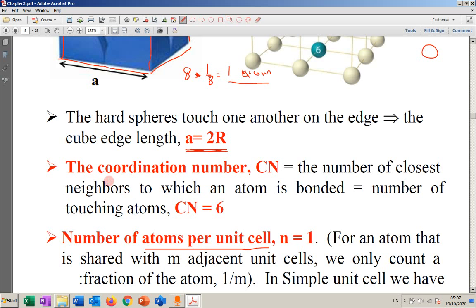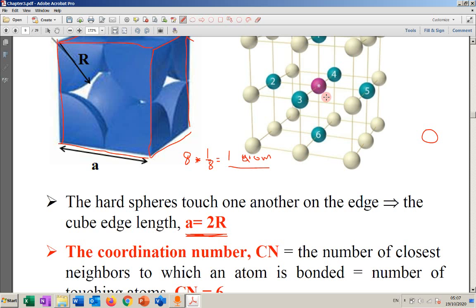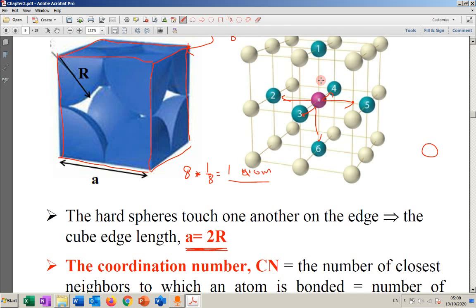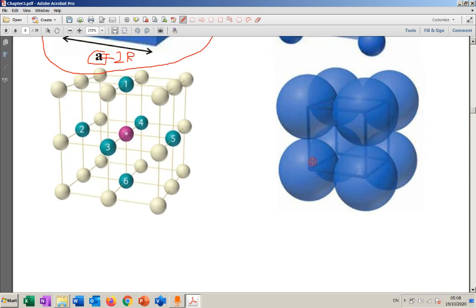There is another term that we will have, coordination number. We call it the number of closest atoms touching. Now if you take one atom here, there will be 6 other atoms, the neighbors, touching this atom. This is not clear within this 3D. It's clear if I had an,